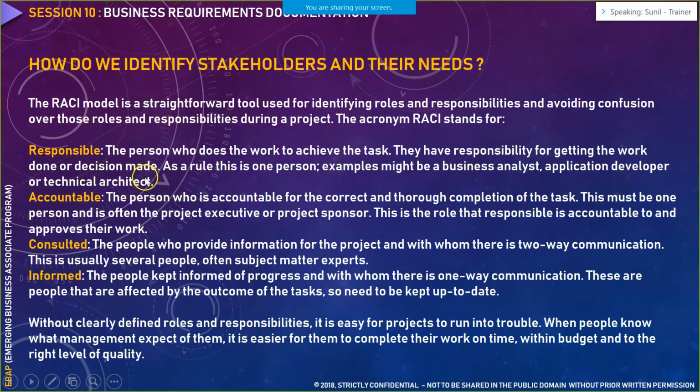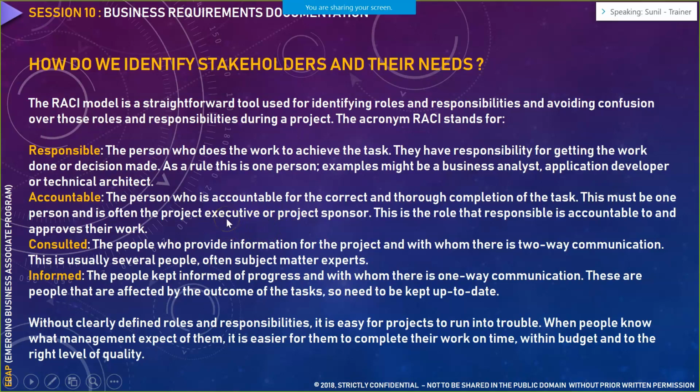Now, who has the right to question them? The project executive and project sponsor do, to get the valid justification. But if a project fails, the project executive and project sponsor are the first people who would be questioned. So accountability has a very important significance when it comes to the comparison between responsible and accountable. Now, does that mean that the project executive and project sponsor won't be responsible for anything? Yes, they would be responsible for something.